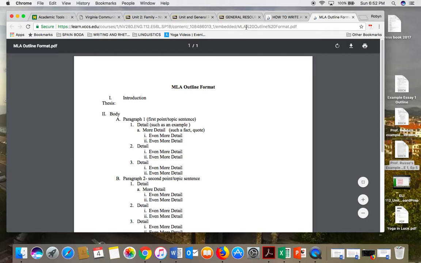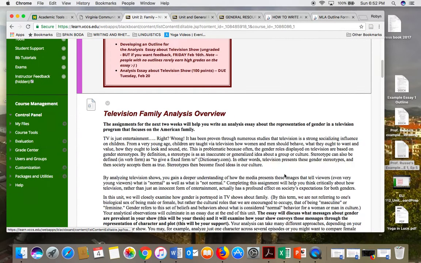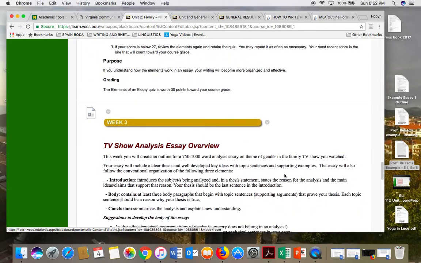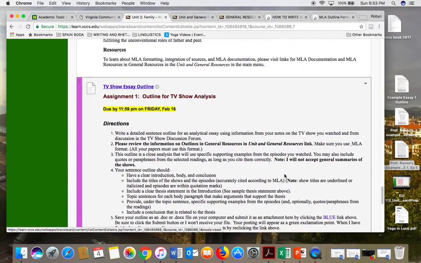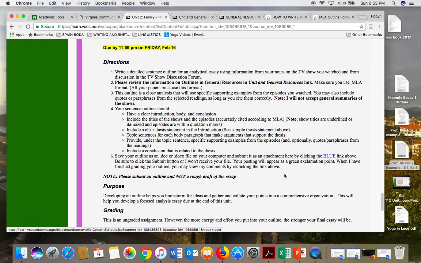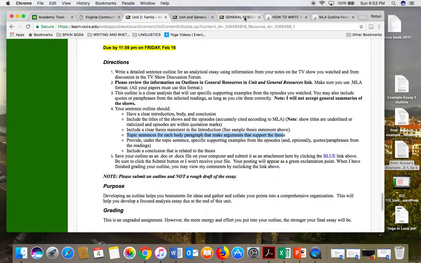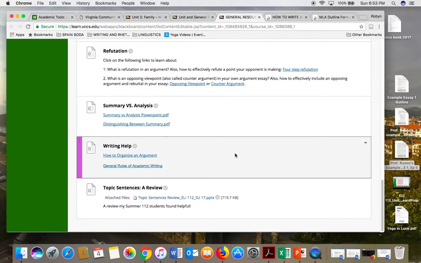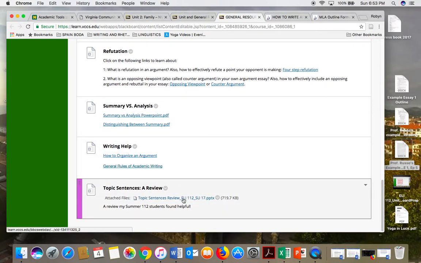format for one. My suggestion though, what we ask you to do here for this outline, if you're going to submit one, is to make sure that you include topic sentences for each of them. So that's something that a lot of times my students struggle with, topic sentences for each body paragraph that support the thesis. So I have put in General Resources a topic sentence review that my Summer 112 students found really